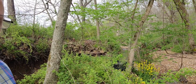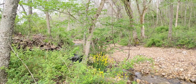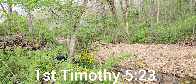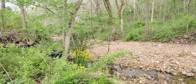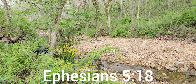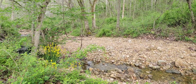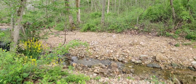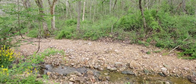All right, so here we got 1 Timothy chapter 5, verse 23, and the 4 references tied to it. No longer drink water only, but be using a sip of wine for your stomach and your frequent infirmities. And be not drunk with wine, in which is profligacy, but be filled full with spirit. No tippler, not quarrelsome, but lenient, pacific, not fond of money, controlling his own household ideally, having children in subjection